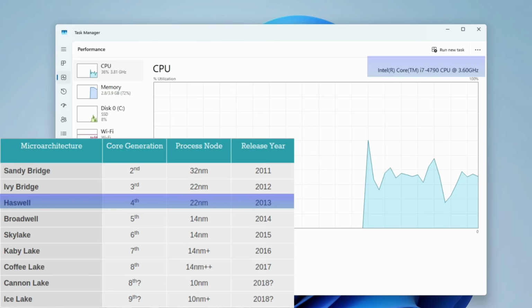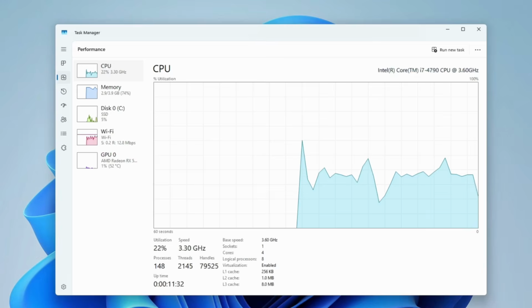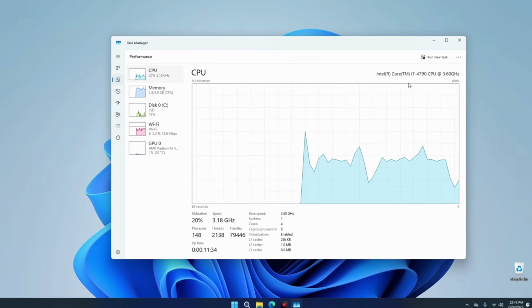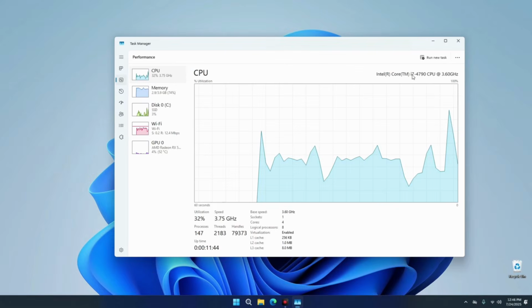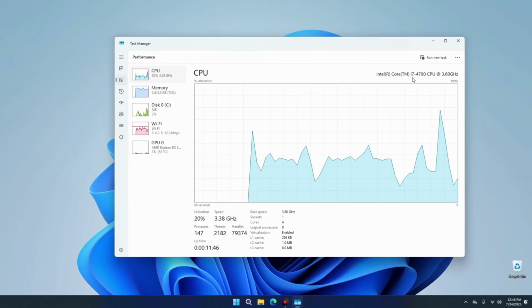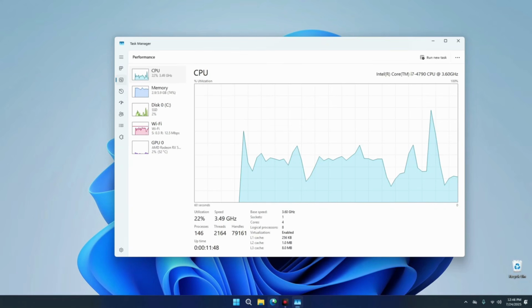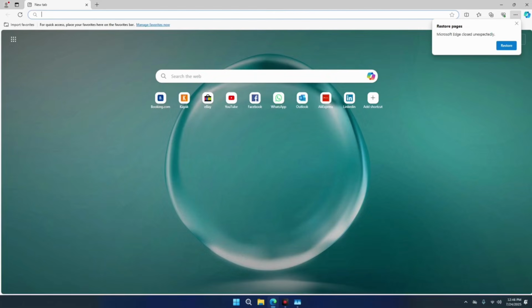This is a 4th gen processor because the number is starting from 4, and 4th gen processors are called Haswell. You can check on your screen to find out what processor you're using and the code name as well. Now, if you're unable to find the code name of your processor, you can simply head to your browser. Just copy the name of your processor, in my case, Core i7-4790. Head to your browser and then head to